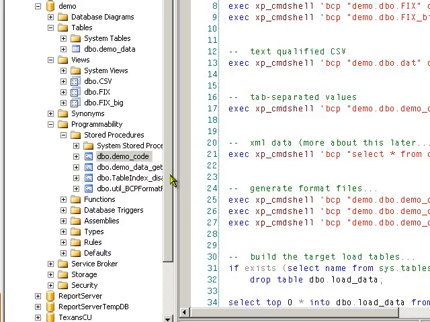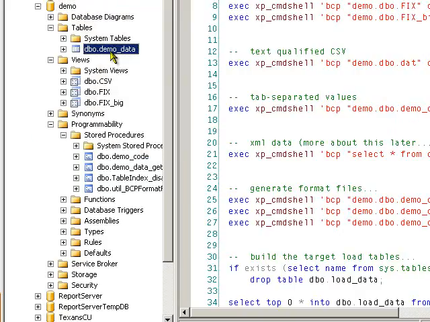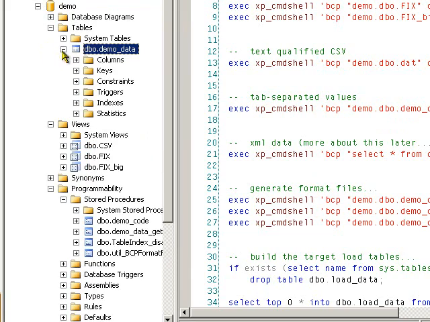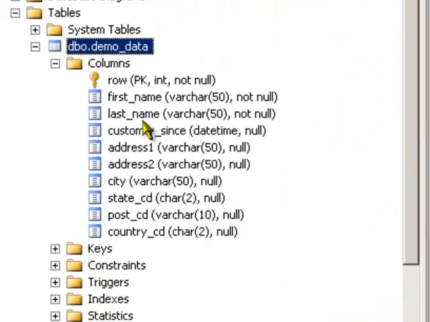And here we are at the demos. Just so you know, all of this is driven out of a demo data set I've made up. It's 250,000 names, addresses, city, state, zip. It's not real fancy. I've got a simple row number, first name, customer since, which is basically a date, address 1, address 2, city, state, zip, and